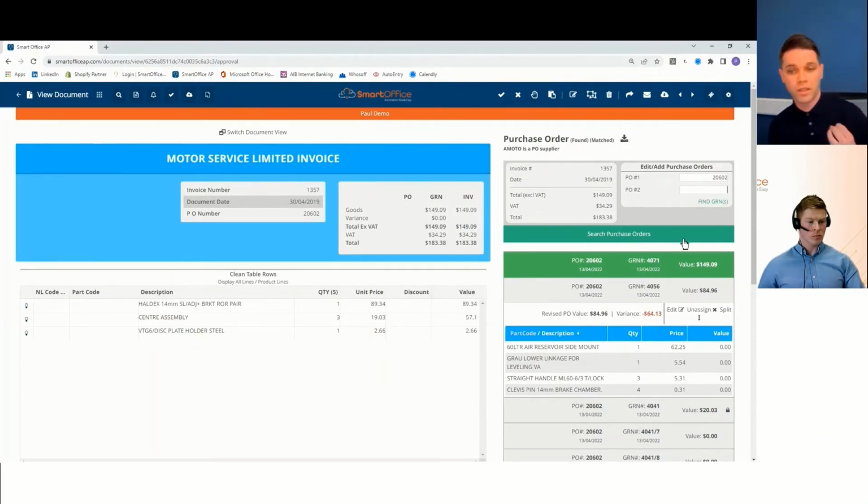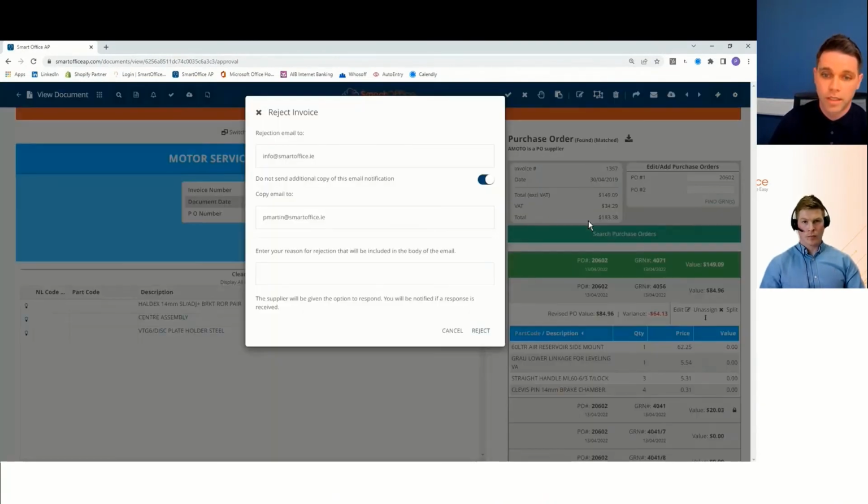So again, on the approval screen, I have all of the decision-making data at my fingertips, all digitized, no need to worry about signatories, paper trails, matching, bins, email threads, it's all here. Up on the top is the communication tool. So assuming that this is absolutely fine, it's approved. Now that can be set to auto approve if it matched, but for the purposes of the demo here, I've got the approval scenario. We're saying that it was a variance or incorrect data, I can actually reject this invoice directly from the system as well.